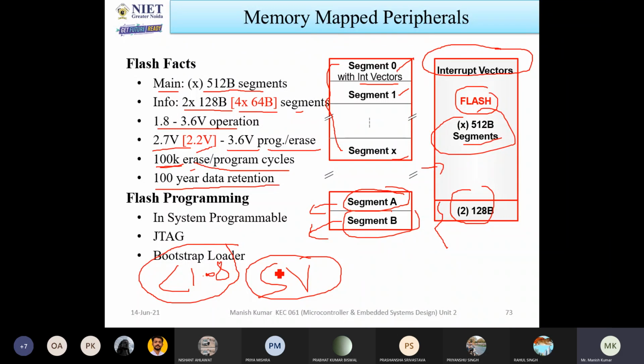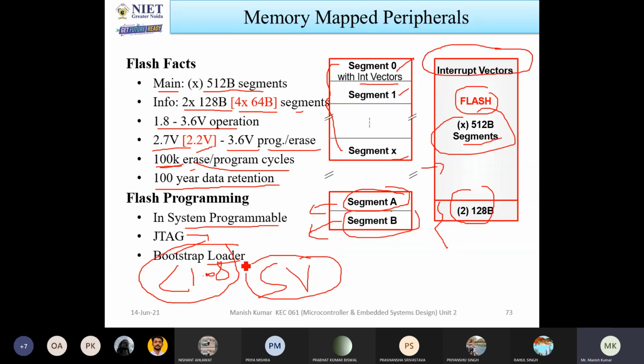Now we are talking about flash programming. Flash programming is system programmable. With the help of that, we can write a program for the systems, and also the JTAG interface. JTAG already discussed: Joint Test Access Group. This is used for testing the circuit. So at the time of testing the circuit, we also have to write the programs. And also the bootstrap loader. Every memory has some amount of memory placed by the manufacturer. If any defect or problem occurs, then it will try to solve it.